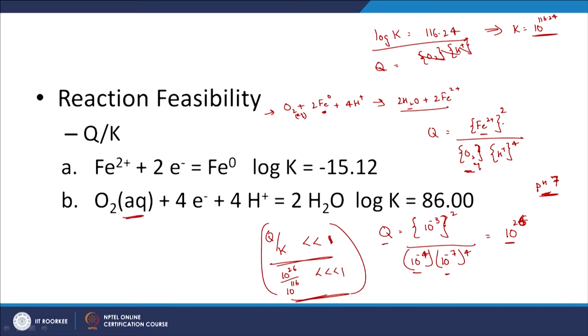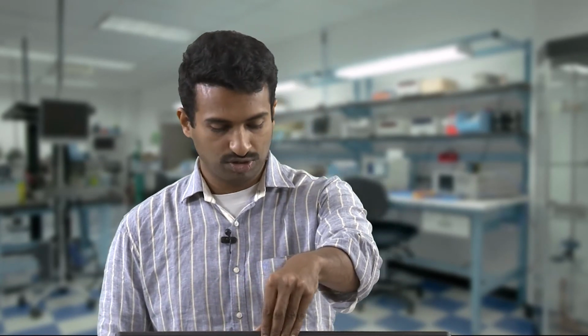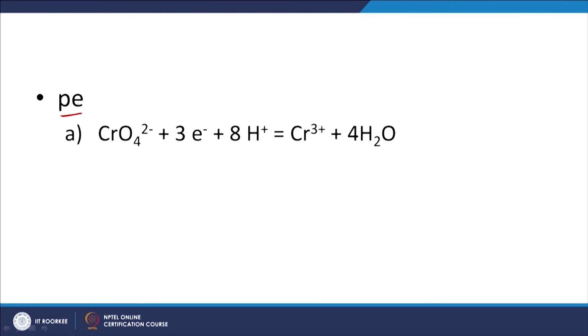And obviously oxygen concentrations are relatively low in the aqueous phase, and that is why you can't vary this much, and even if you affect H plus much, it does not affect the feasibility of corrosion greatly. So let us move on to the other aspect, we are going to look at the reduction potential, the PE approach, and here we are going to call that either redox potential, reduction potential, and so on and so forth.